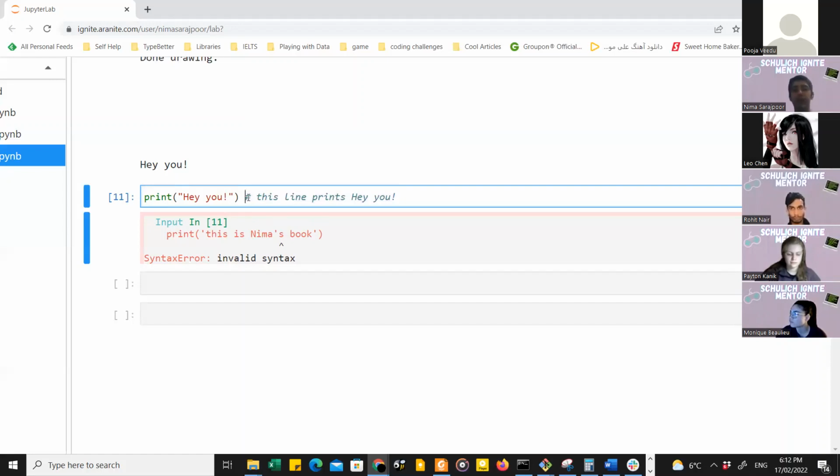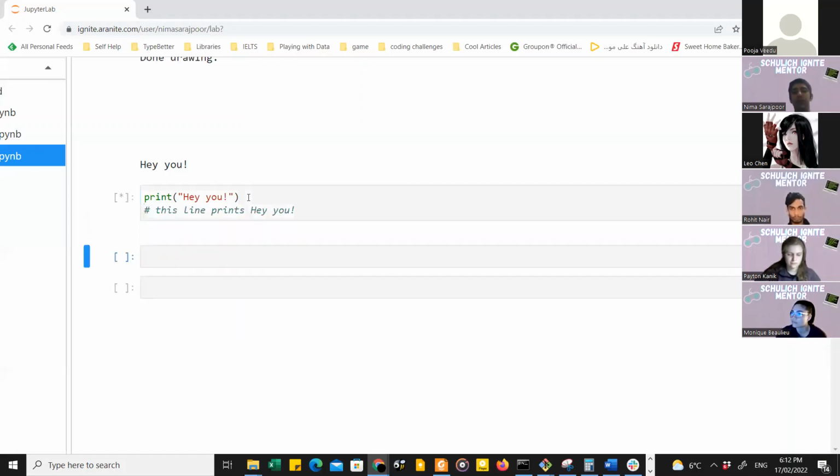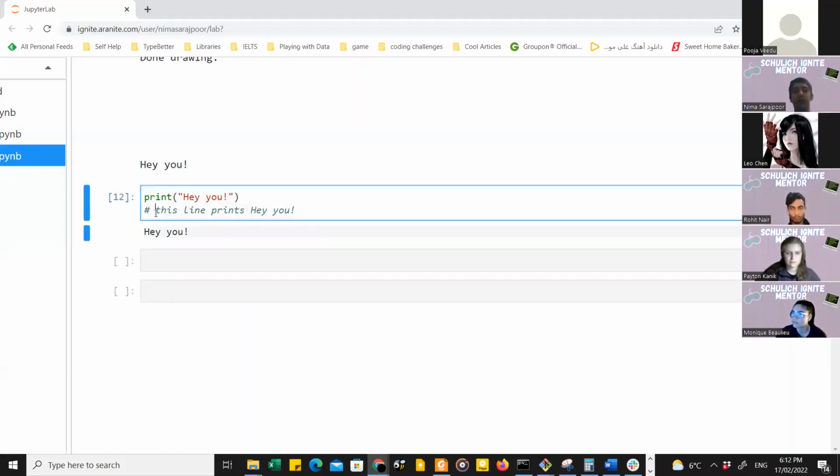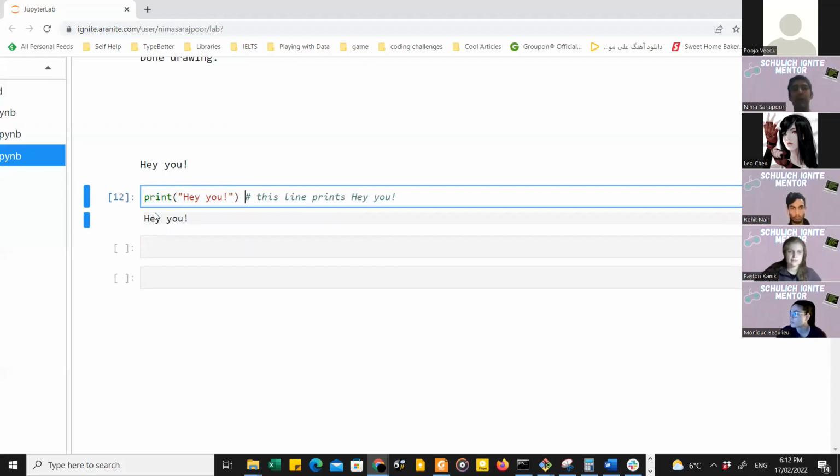So you can put it here, or you can put it in the one line in the beginning of the line, or you can put it in line with another code, right? And whatever you put after that, it doesn't understand. So you can say, okay, print something new. And the computer doesn't print something new, because this is after the sharp. So if I put it here,